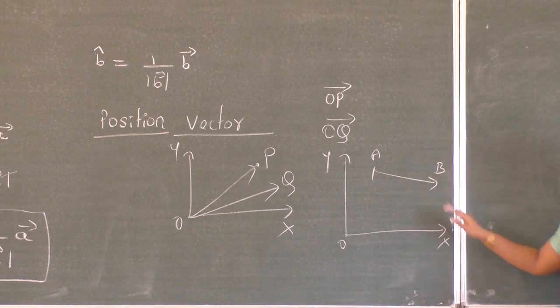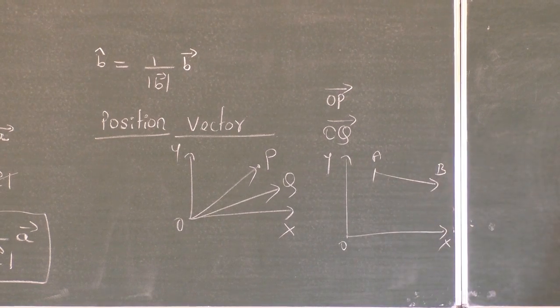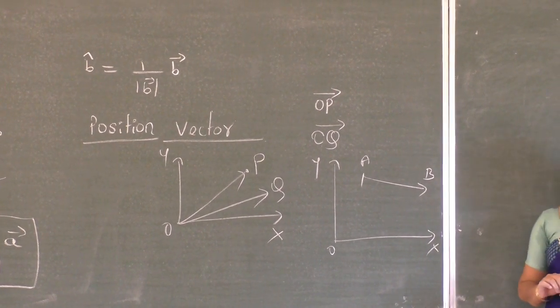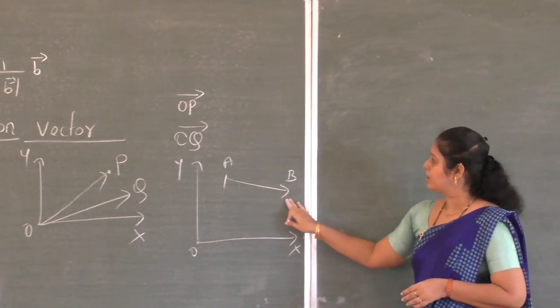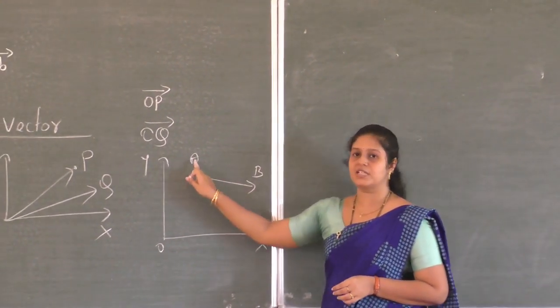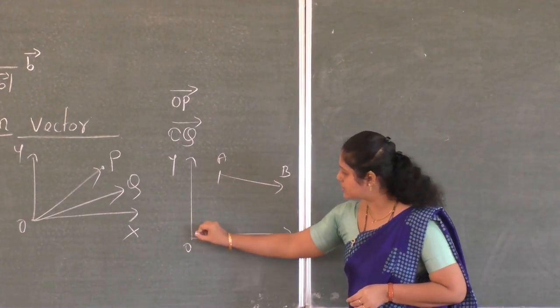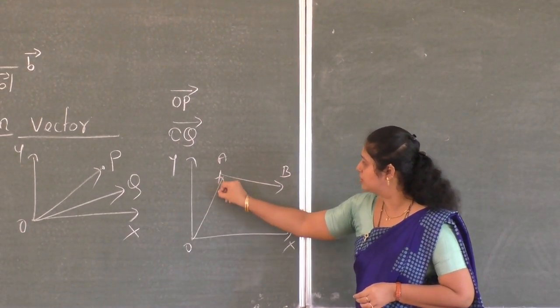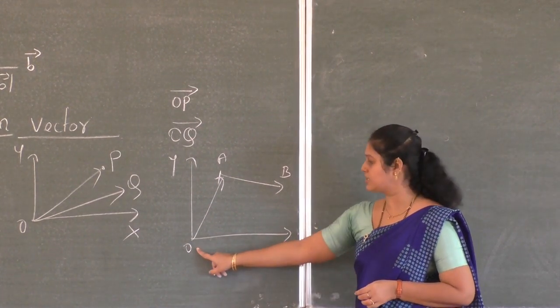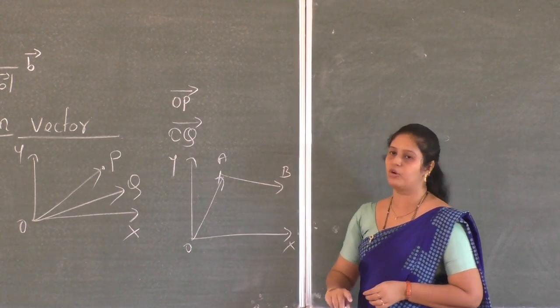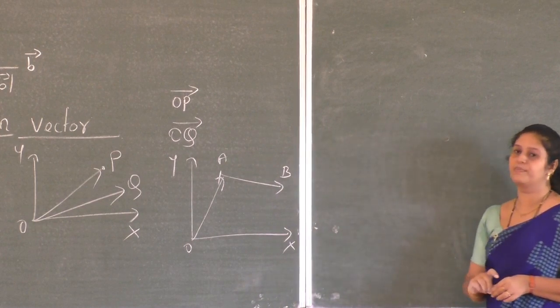So like this, we are having vector AB in 2D plane. Then how to write vector AB as a position vector? Let us see. First I will write the position vector of the initial point. So position vector of A is connected with the origin by taking origin as the initial point, A as the terminal point, which is equal to vector OA.